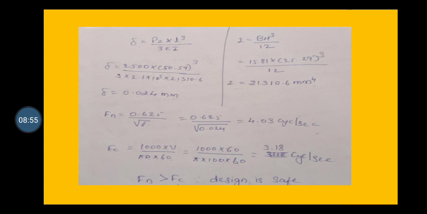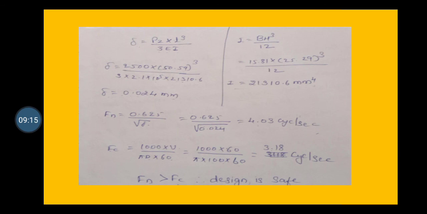I is equal to B H cube by 12, because this problem is rectangular. So breadth 15.81 into height 25.29 whole cube divided by 12, so I is 21310.6. That is the substitution. Deflection delta is equal to